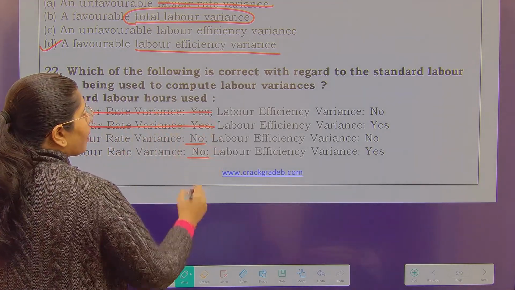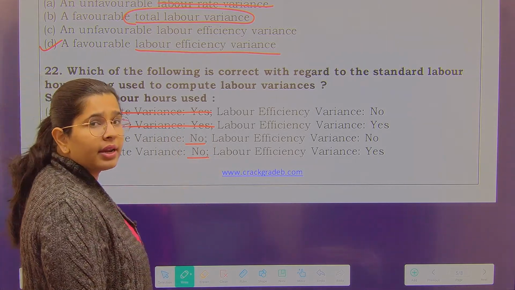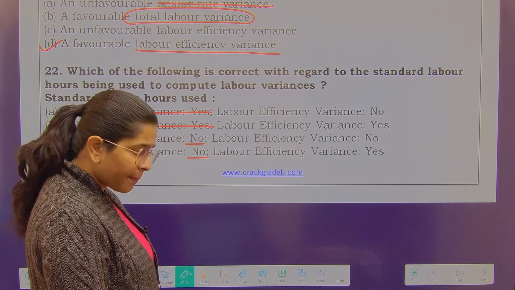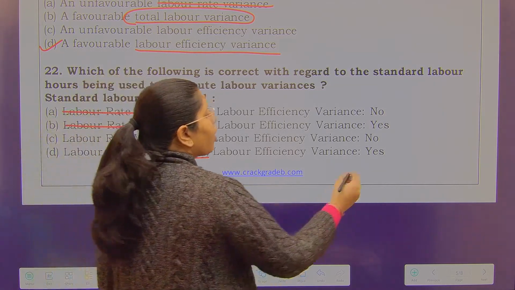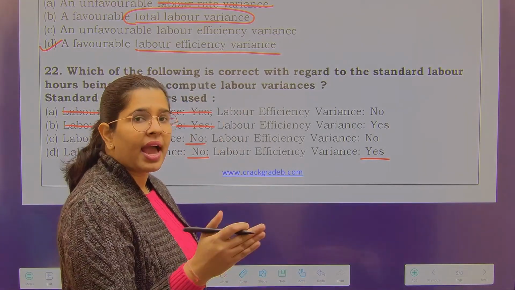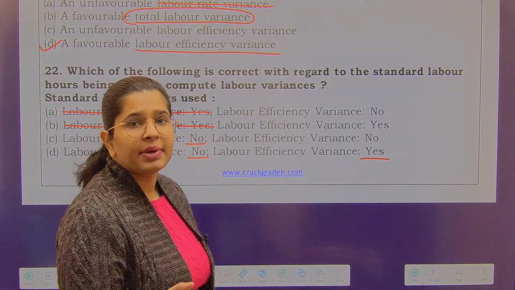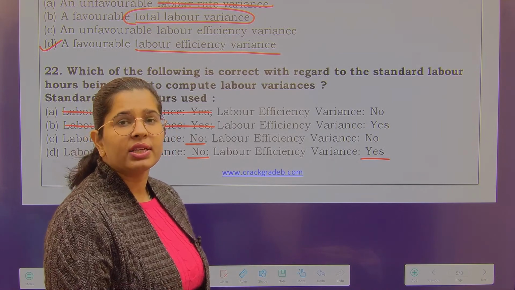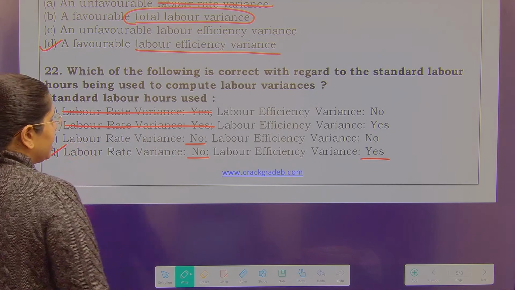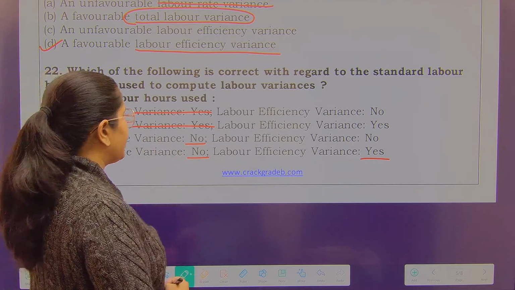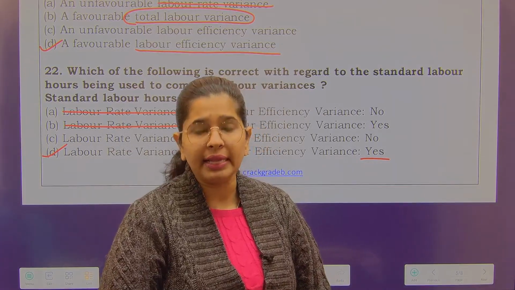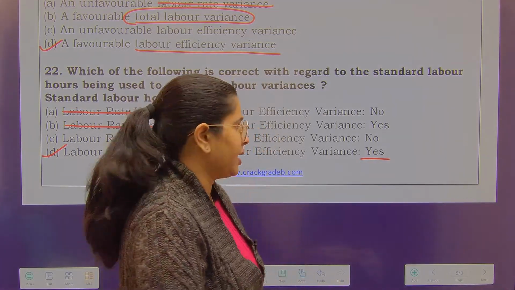So I do not talk about standard hours in my labor rate variance. Do I talk about it in labor efficiency variance? A big yes. Why? Because I compute what are my standard hours, what have been my actual hours, right? And then I multiply it with the standard rate. So this is the correct option, option number D. I do talk about standard labor hours in labor efficiency variance, but I do not talk about it in the labor rate variance. Next is